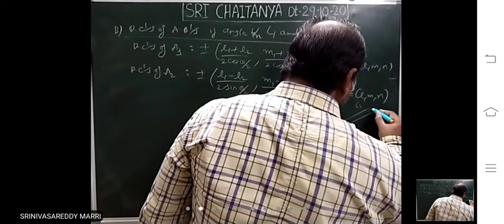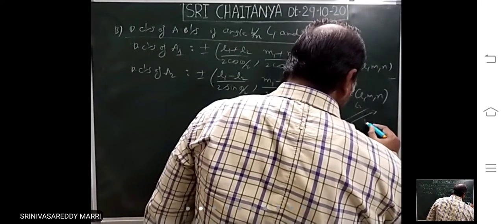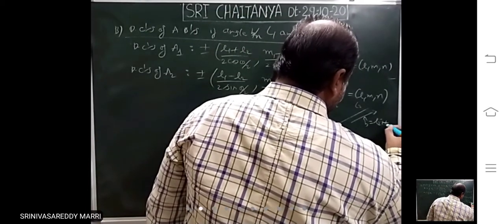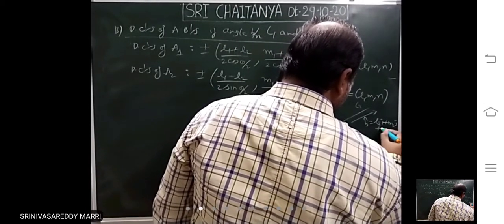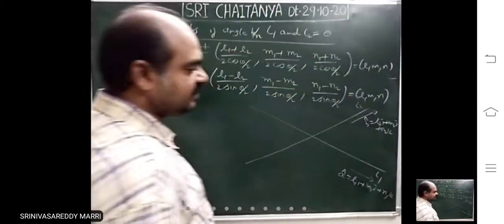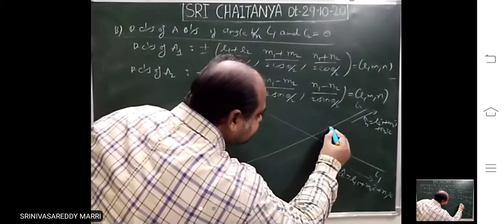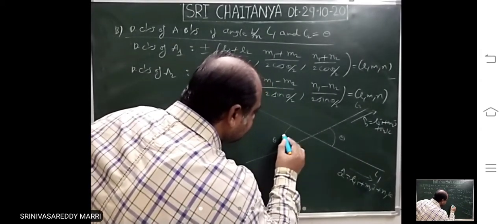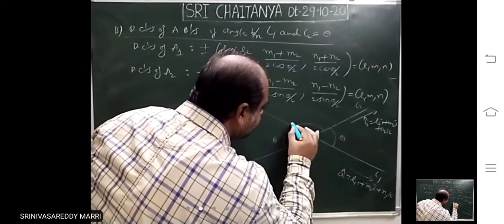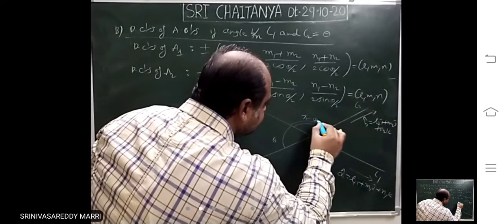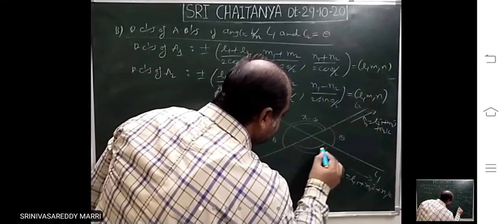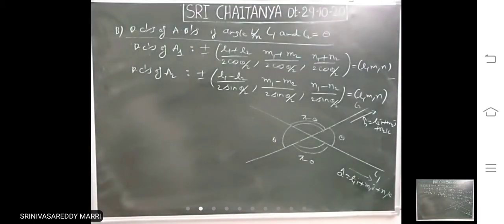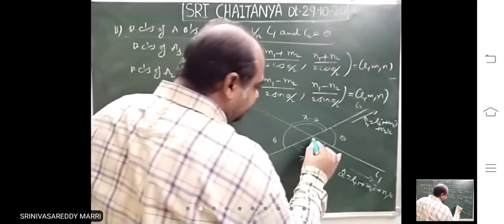Similarly, the direction vector of this line is given. Let us say B cap. The unit vector is nothing but L2 i plus M2 j plus N2 k. Now let us say this angle between the lines is theta. Then this angle is pi minus theta, and this angle is also pi minus theta. Now between two lines, as we have seen in straight lines, there will be two angular bisectors.